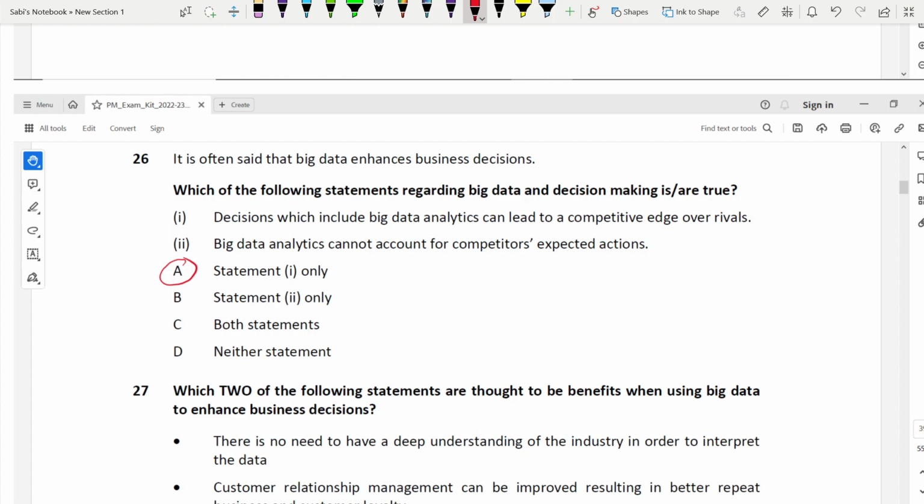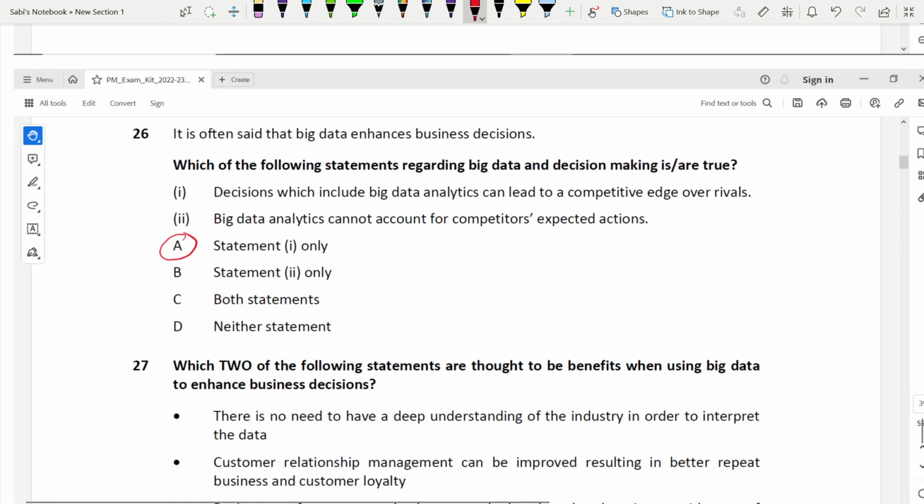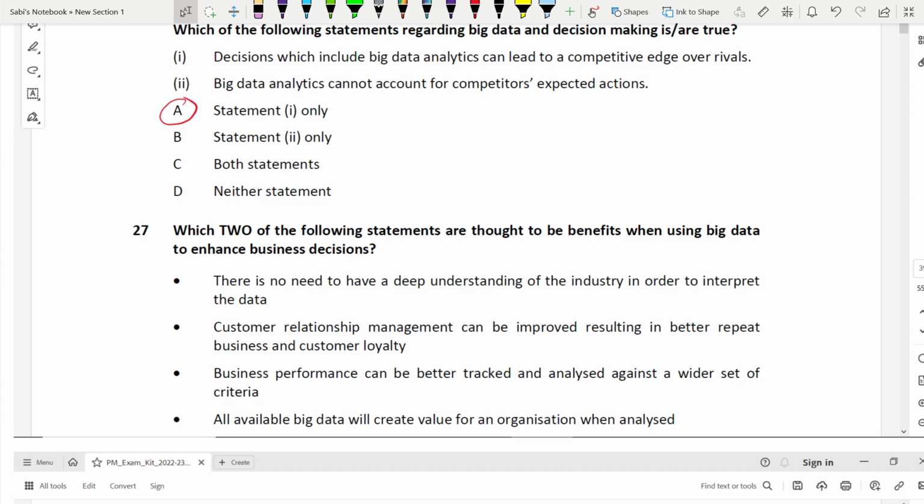How? For example, you can get data from their public announcements or their press releases and things like that. Okay. 27. Which two of the following statements are thought to be benefits when using big data to enhance big decisions? First, there is no need to have a deep understanding